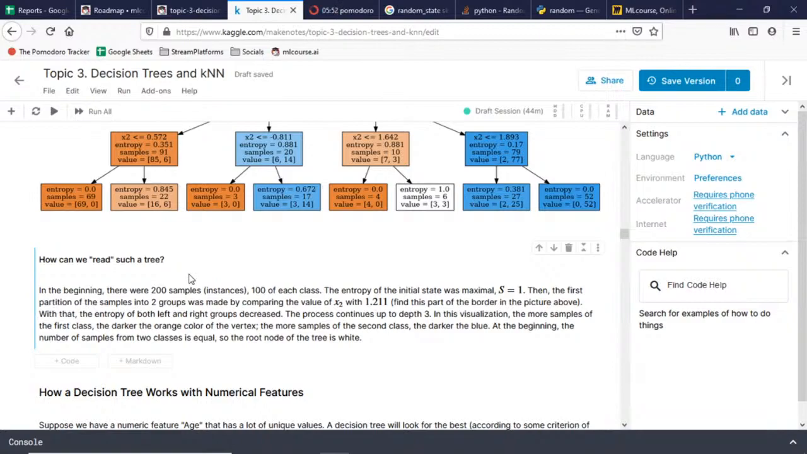With that, the entropy of both left and right groups decreased. The process continues up to depth 3. In this visualization, the more samples of the first class, the darker the